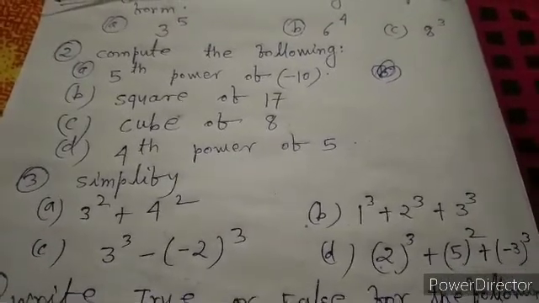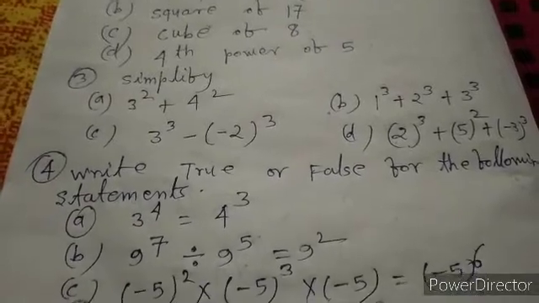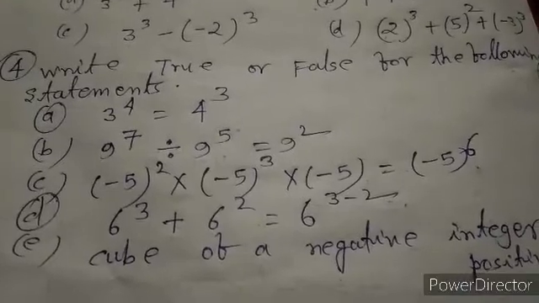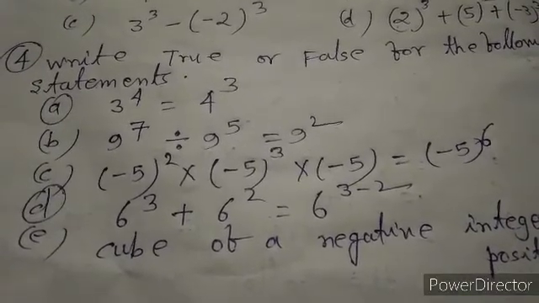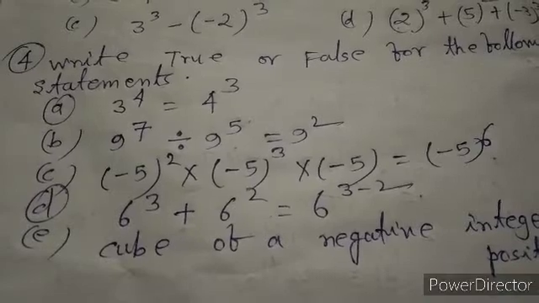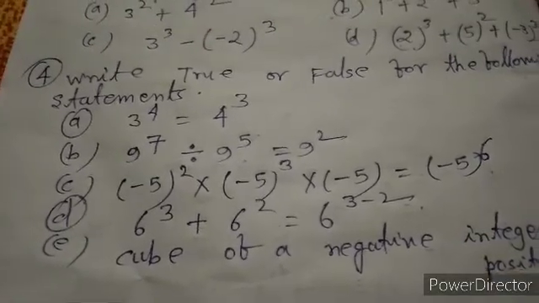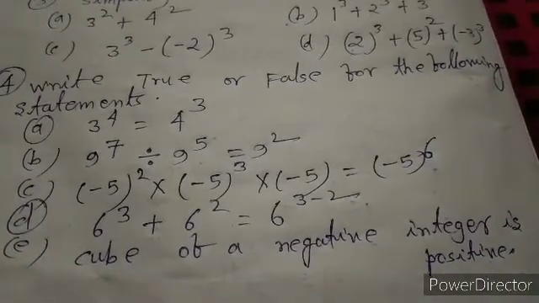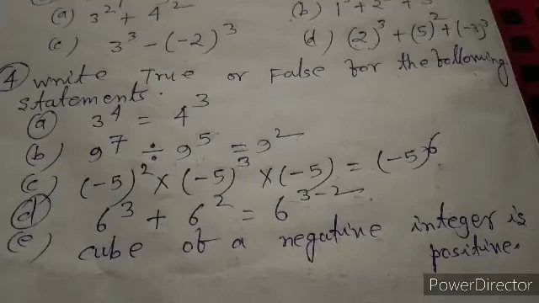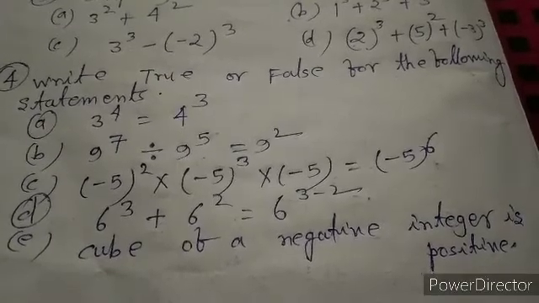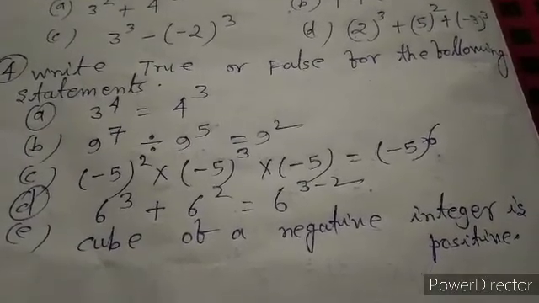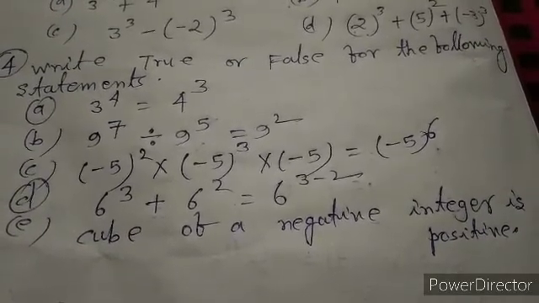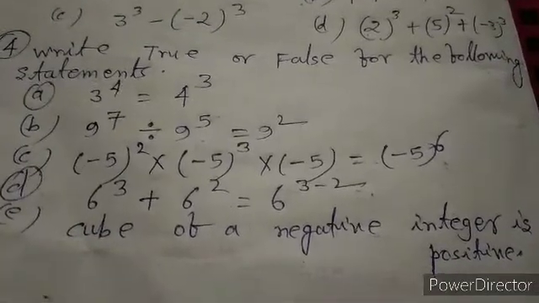Question 4, write true or false for the following statements: A 3 to the power 4 is equal to 4 cube, B 9 to the power 7 divided by 9 to the power 5 is equal to 9 square, C minus 5 square into minus 5 cube into minus 5 is equal to minus 5 to the power 6, D 6 cube plus 6 square is equal to 6 to the power 3 minus 2. Question E, cube of a negative